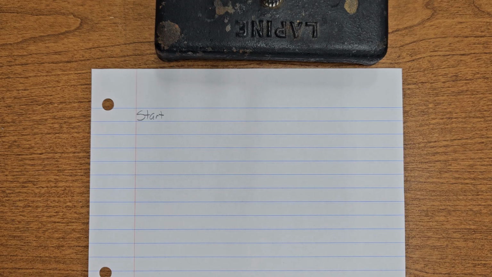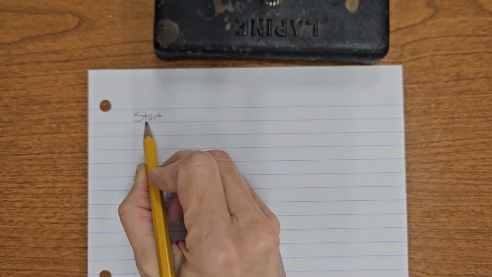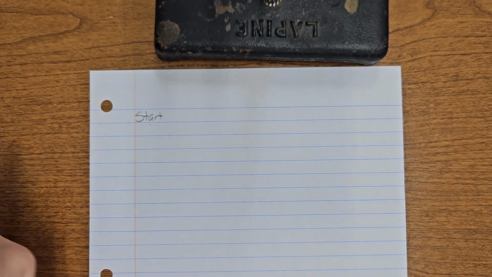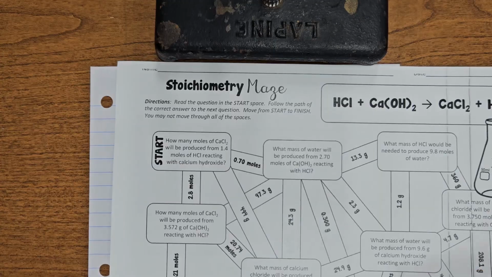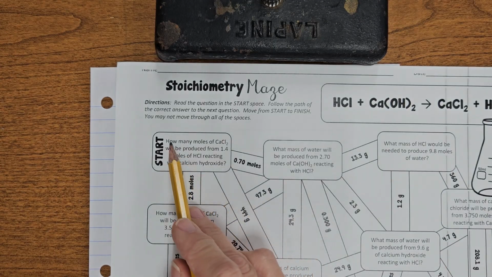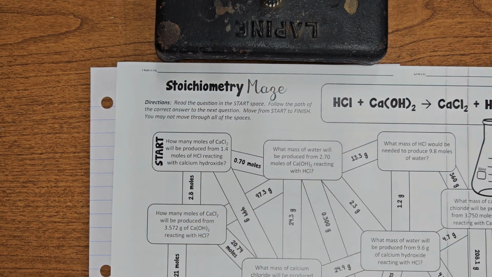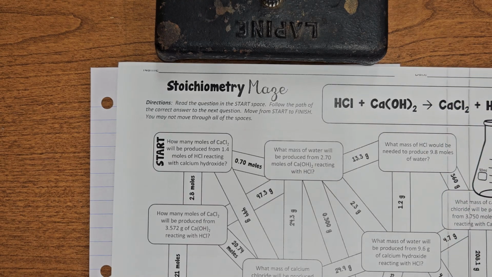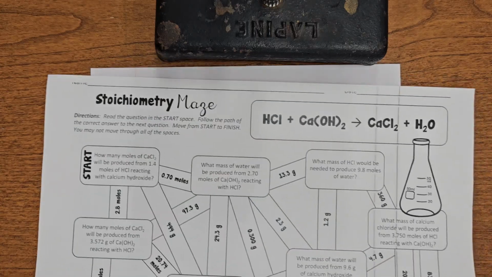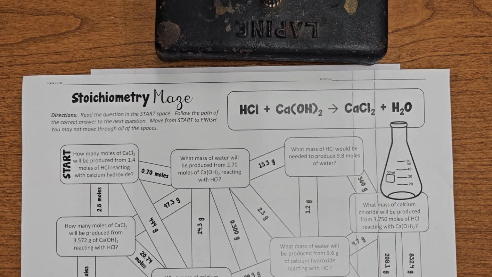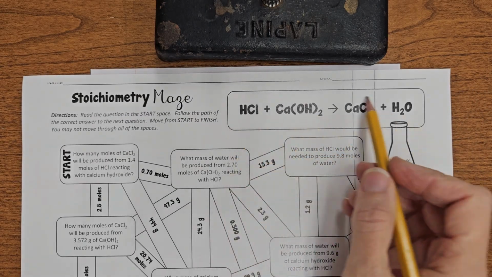Hello everybody. This is me showing you how to work the first few problems on the stoichiometry maze. So we are obviously going to start at the place that says start. And our first problem says, how many moles of calcium chloride will be produced from 1.4 moles of hydrochloric acid reacting with calcium hydroxide? The first thing you need to do before attempting any stoichiometry problem is to ensure that